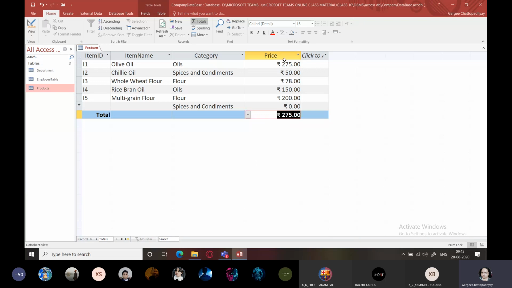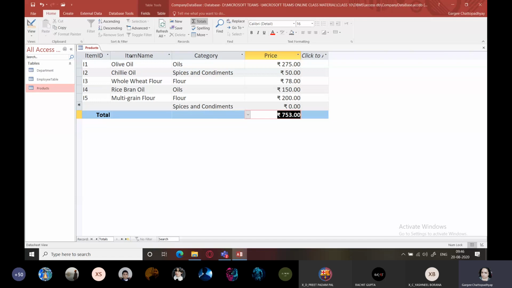Similarly, maximum will give you the maximum price of the item. Minimum will give you the minimum price of an item. Standard deviation is again a statistical function which will give you the standard deviation, and then you have variance also. Of course we don't need all of them, right? So this is just a function which is given so that you can quickly calculate certain things.